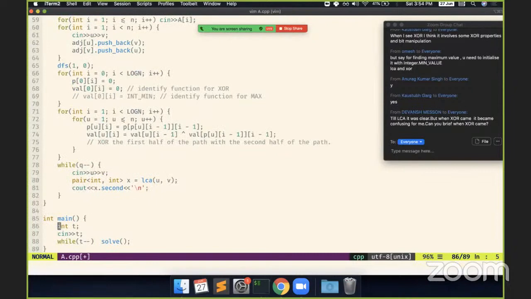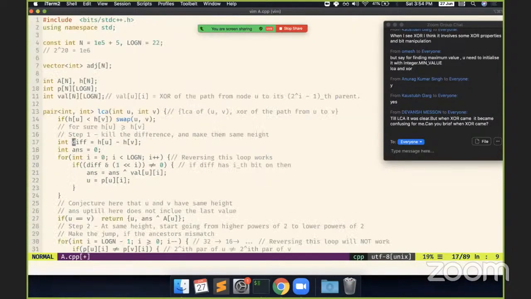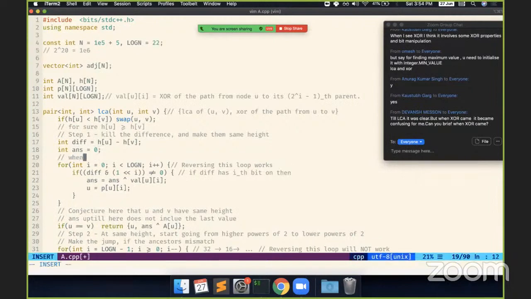Now I change my LCA function to say it will return a pair, and the second value of the pair will be the answer itself. So it will return LCA of u comma v and the XOR of the entire path from u to v. That's the answer itself. To get the answer, I'm saying have this answer variable, and whenever you make a jump using p array, update the answer